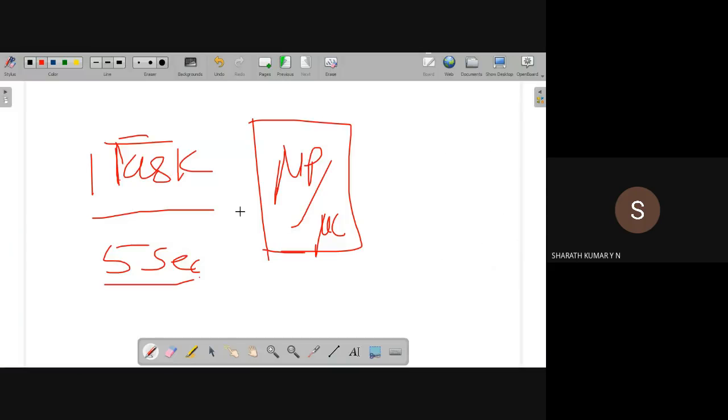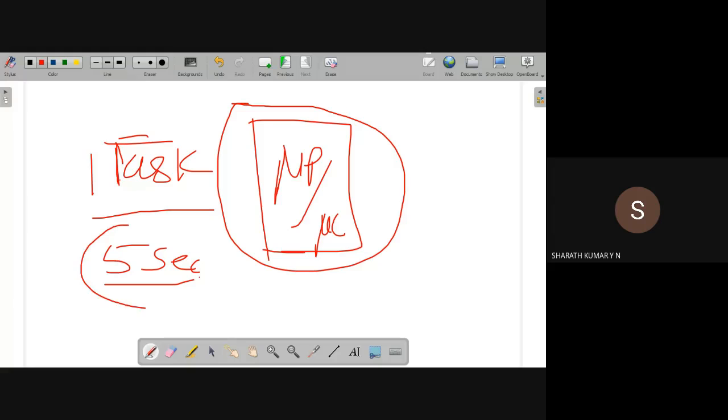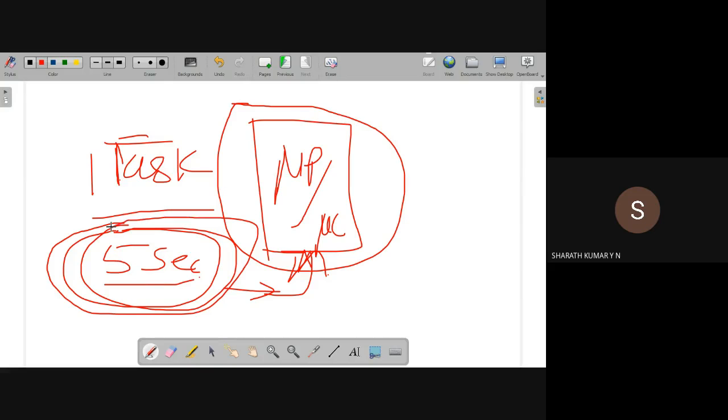The question here is, how does the device, a microcontroller or processor or the mobile device, know that 5 seconds has elapsed? Who will tell the device that 5 seconds has elapsed so that it should turn off the display? Or after some 10 seconds, some activity should be performed. There is a timer running. Who will tell the device that this amount of time has elapsed? For that, the device makes use of a hardware called a timer.